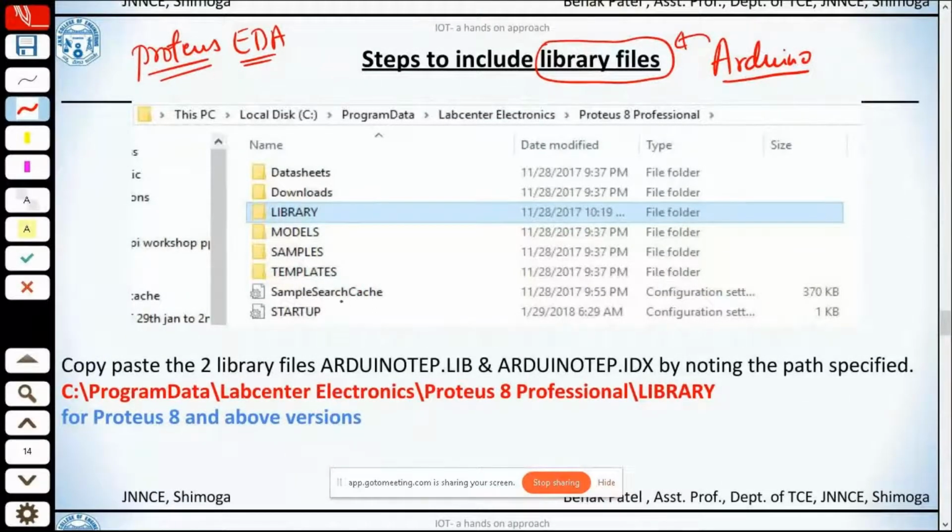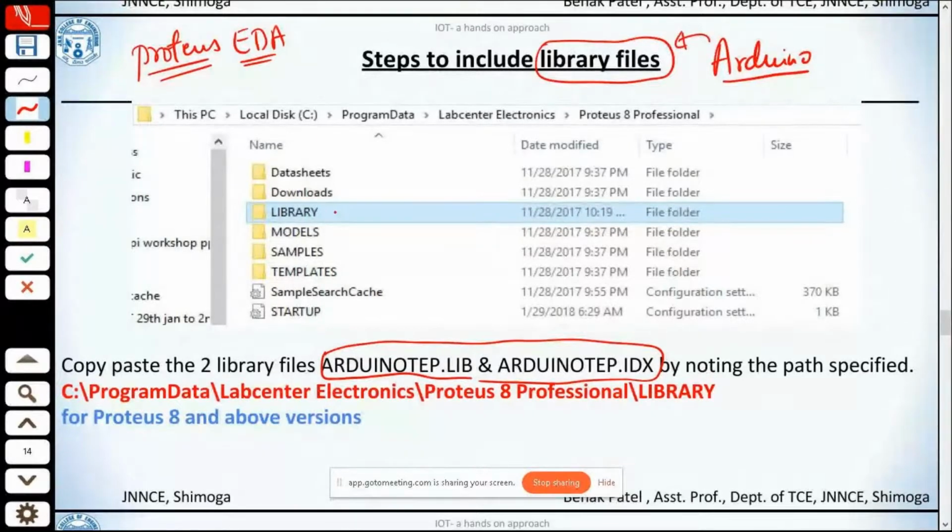So all we got to do is download ArduinoTEP.lib as well as ArduinoTEP.idx, and we got to paste these two files under library.